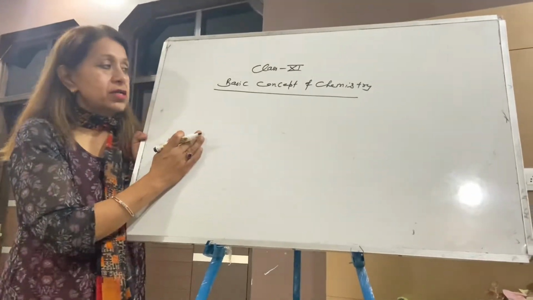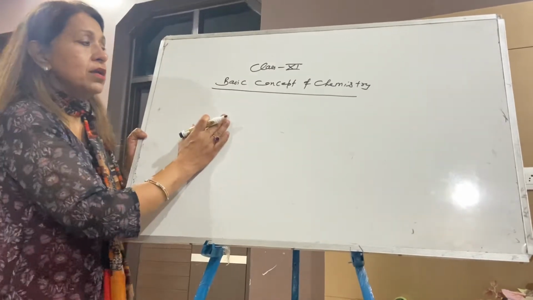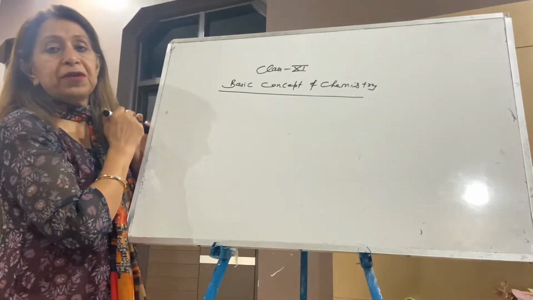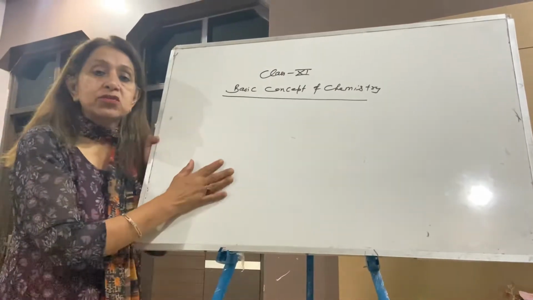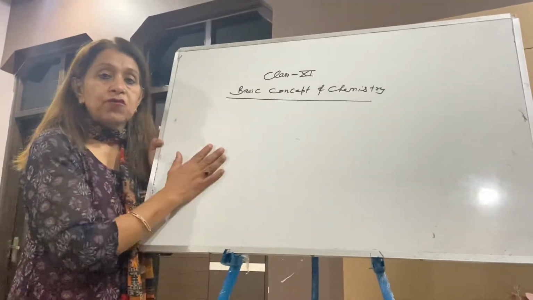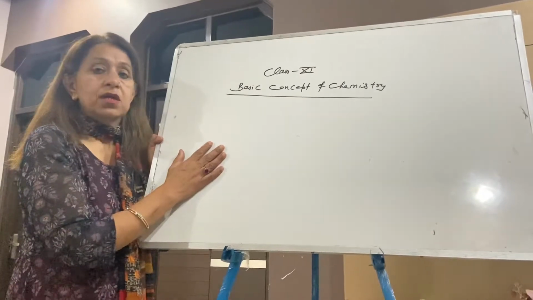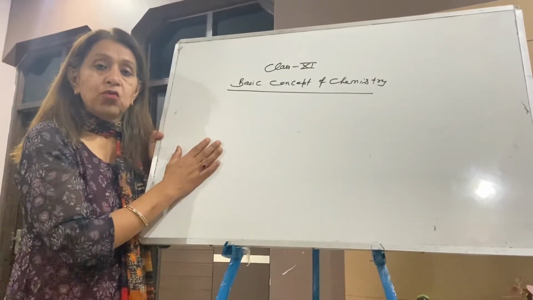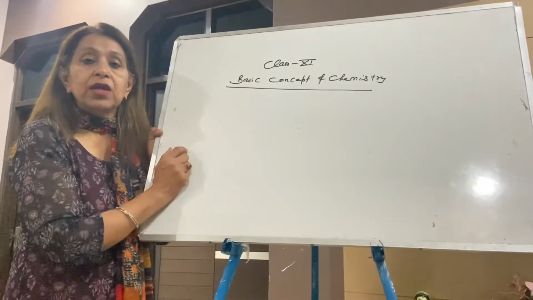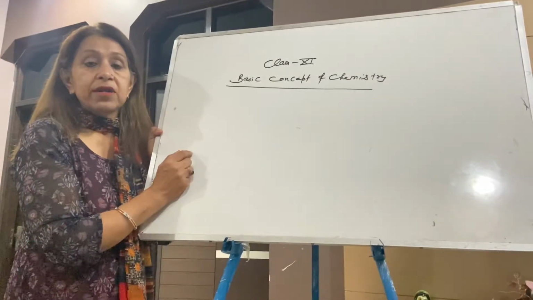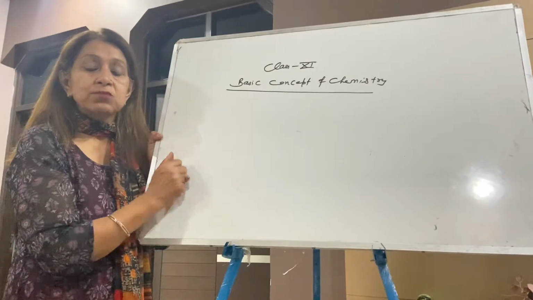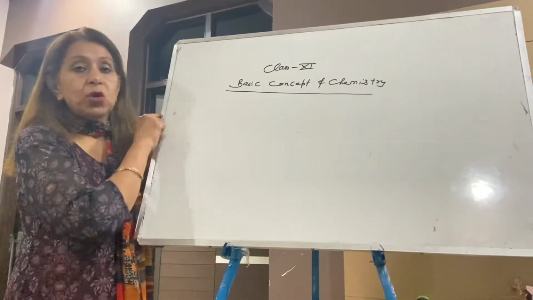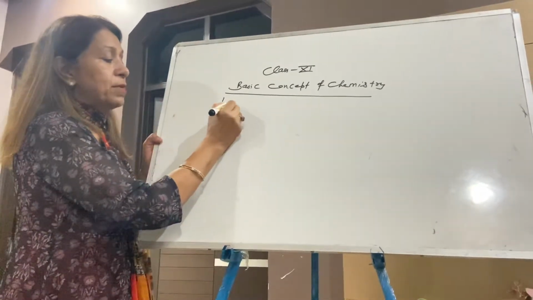The chapter we are going through is Basic Concepts of Chemistry. So many topics we have covered: introduction of the chapter, that is what is matter, importance of chemistry in our daily life, laws of chemical combinations, Dalton's atomic theory, limitations, modern theory, and the next topics we have done are Avogadro's hypothesis, atomic mass, molecular mass, mole concept. And now the topic that we will take today is limiting reactant.